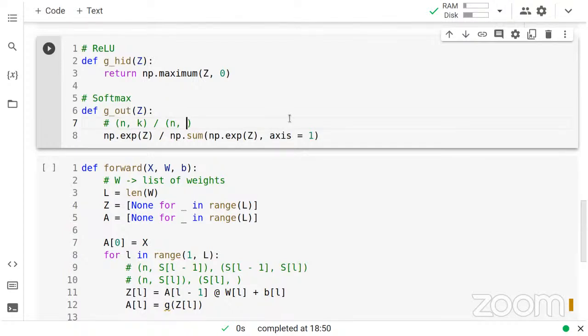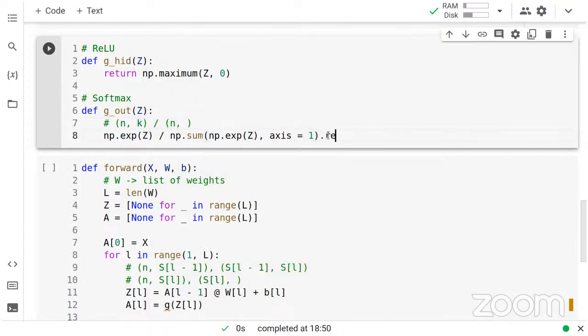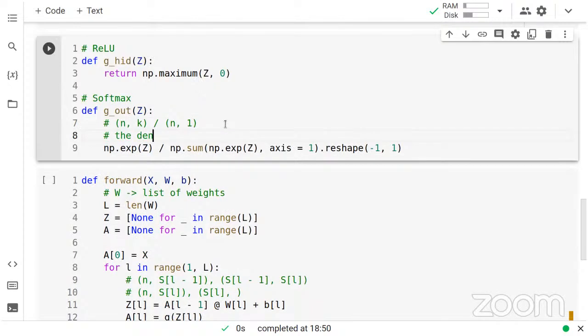So according to the broadcasting rules, the last indices don't match, right? So what I need to do is simply reshape this as n cross 1. Once I do that, it's like dividing a matrix by a vector. And the nice thing is that this vector will get broadcast across the columns of the numerator, which is what we want, right? So let me just write it down. The denominator